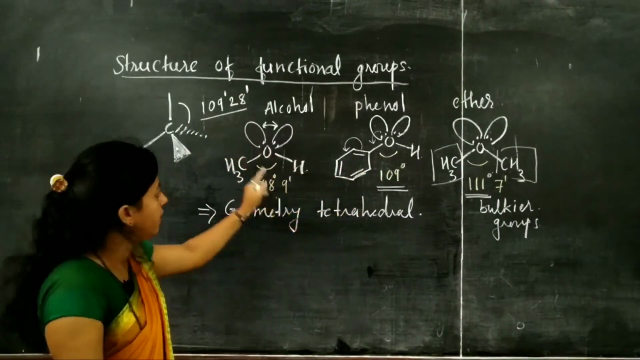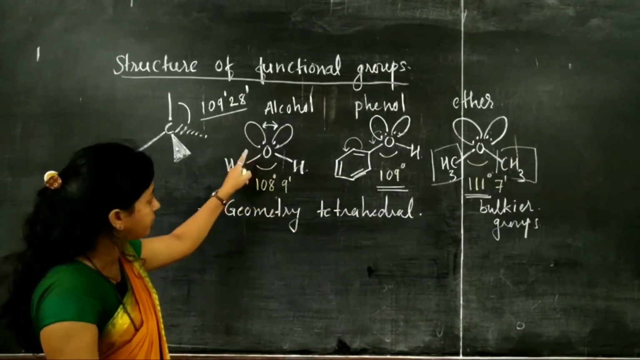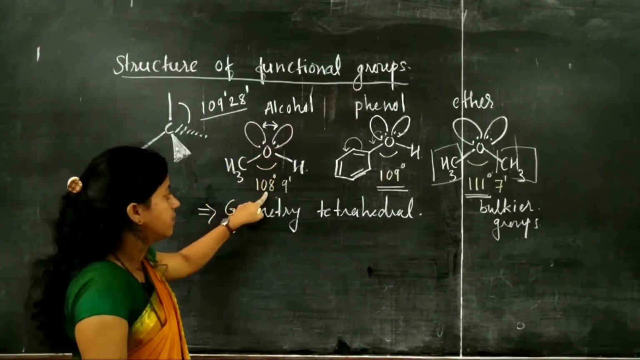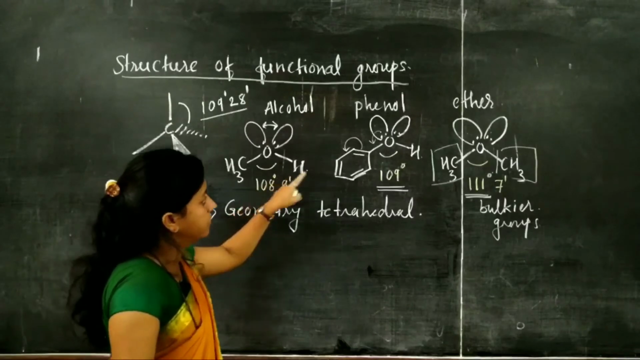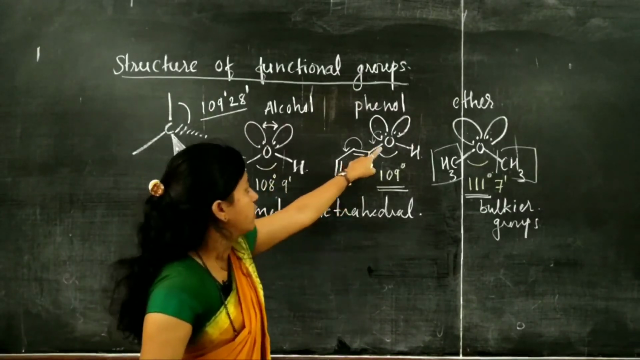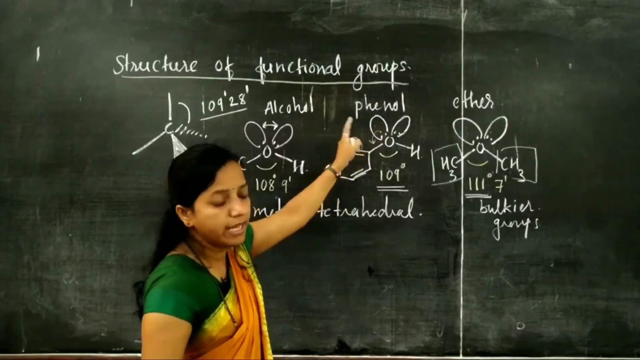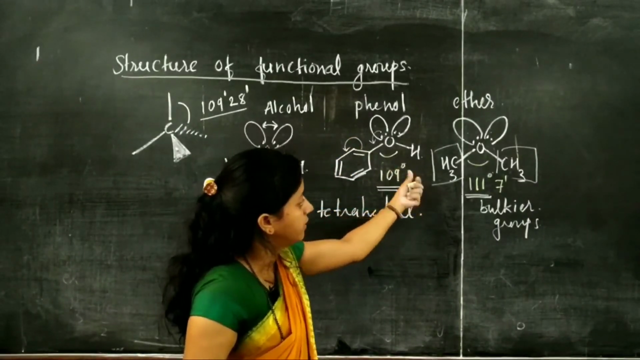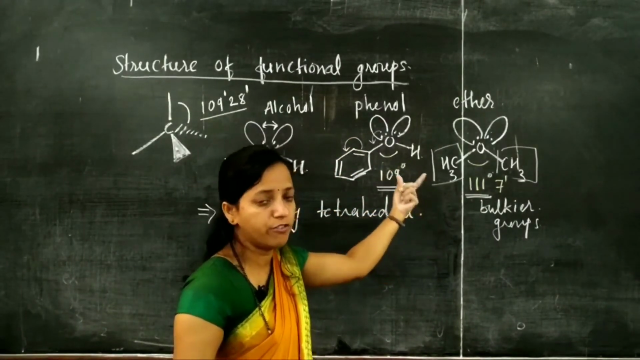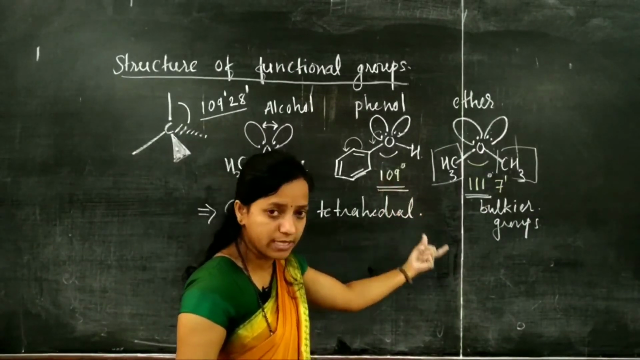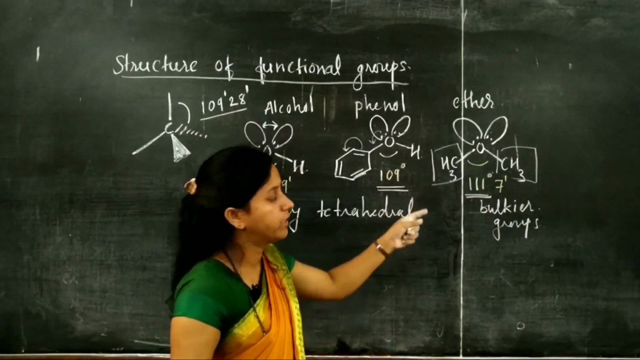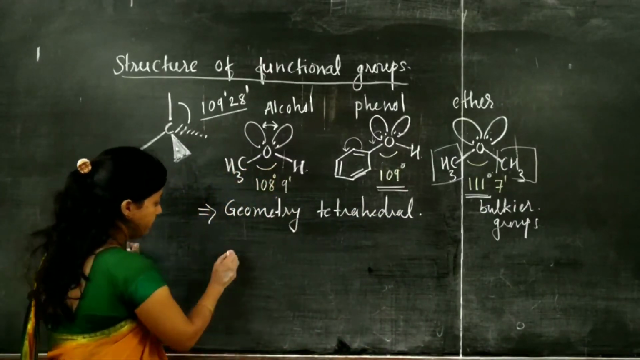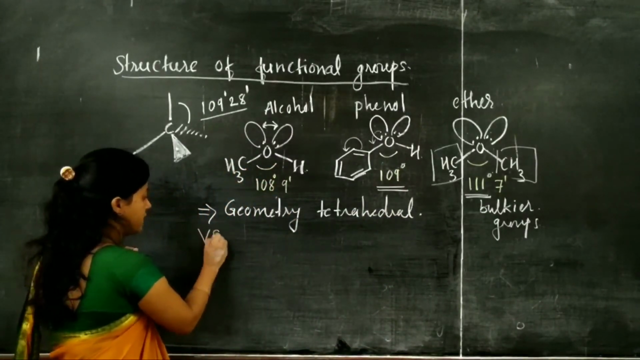All are tetrahedral, but in alcohol the lone pair repulsion compresses the normal tetrahedral angle. Here it is 109. Because of resonance, there will be less lone pair repulsion. And in case of ether, because of the bulkier alkyl groups, the steric hindrance will predominate over the lone pair repulsion. So here one more thing you have to remember, that is according to VSEPR